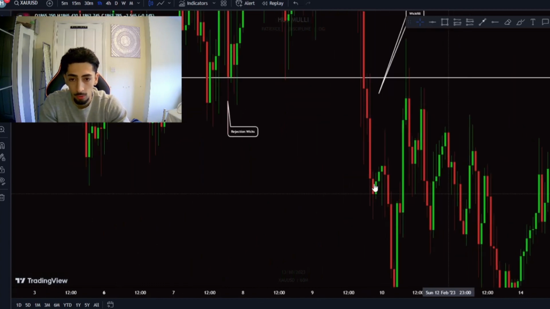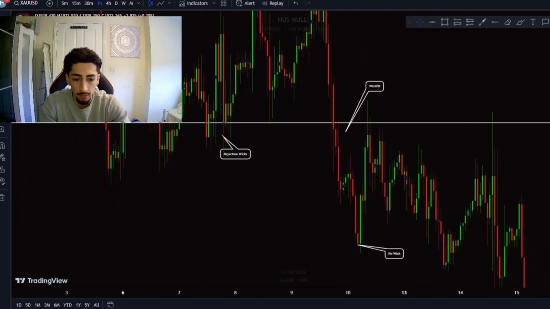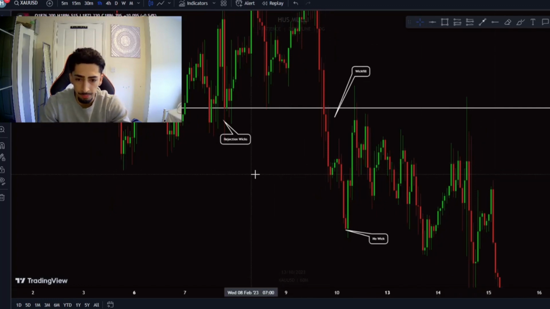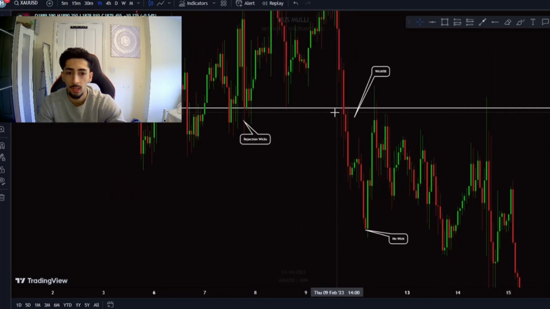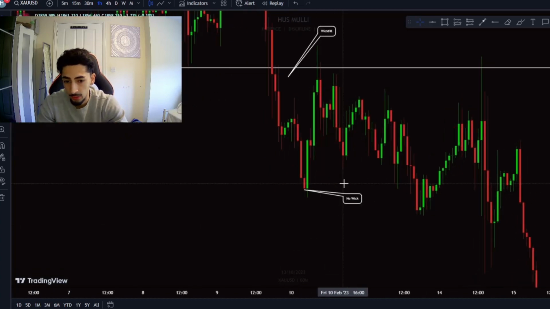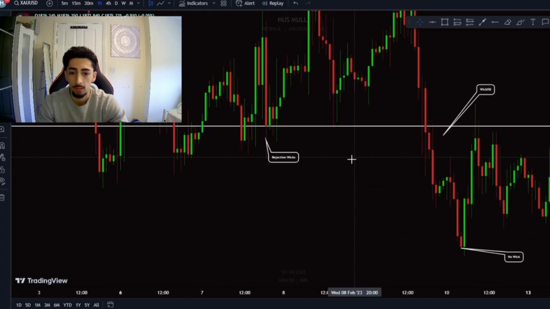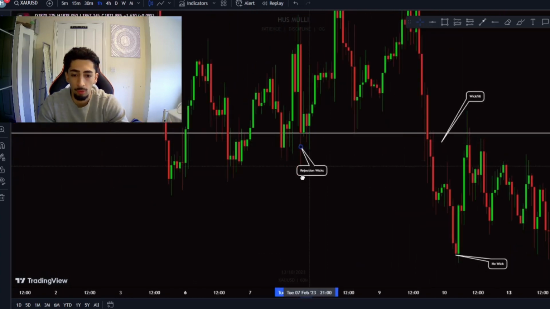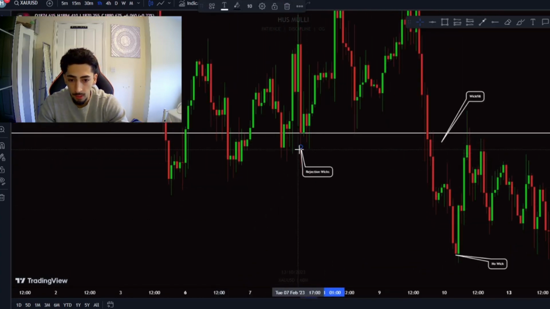But yeah, right, cool. So we're going to go over these three main types of wicks, I guess, yeah? One's called rejection wicks, one is wick fills, and one is basically no wick, right? So firstly, rejection wicks. A rejection wick is like these candles here,